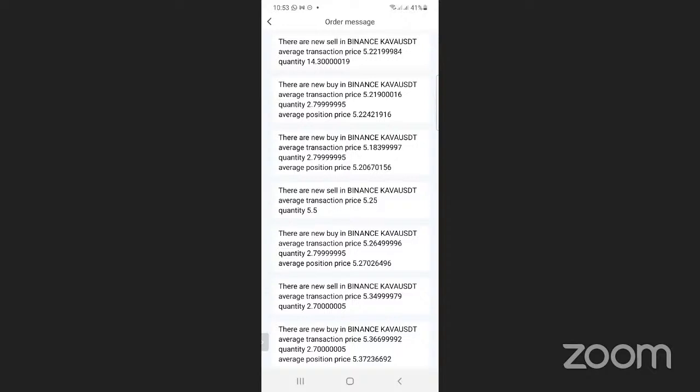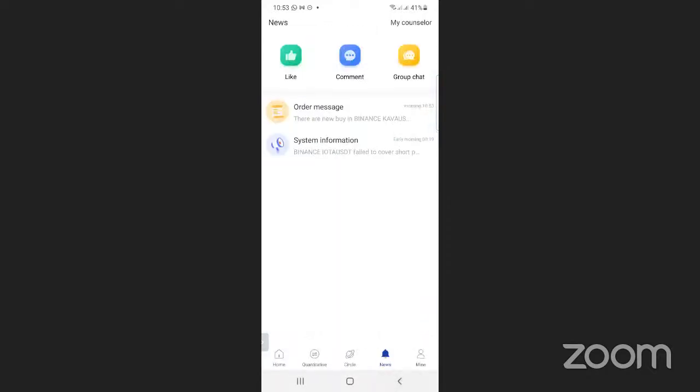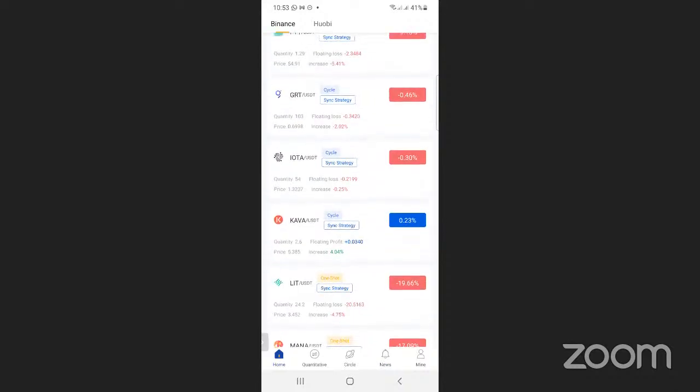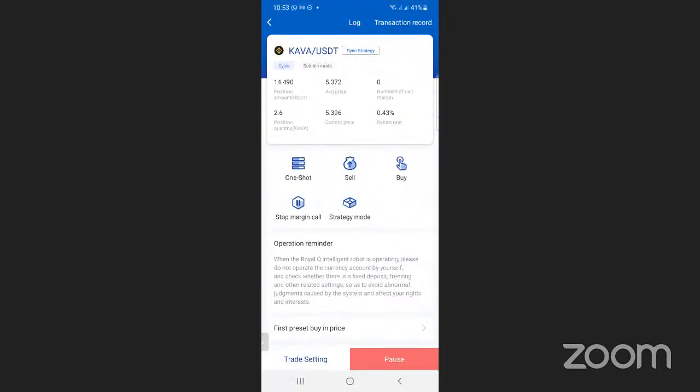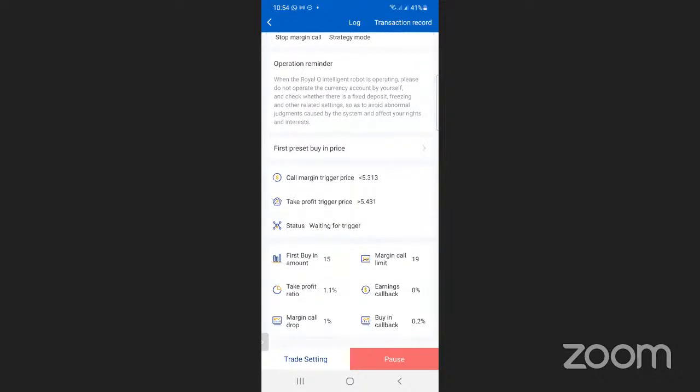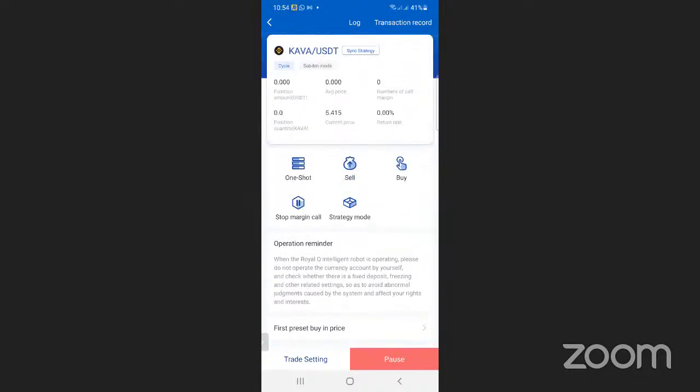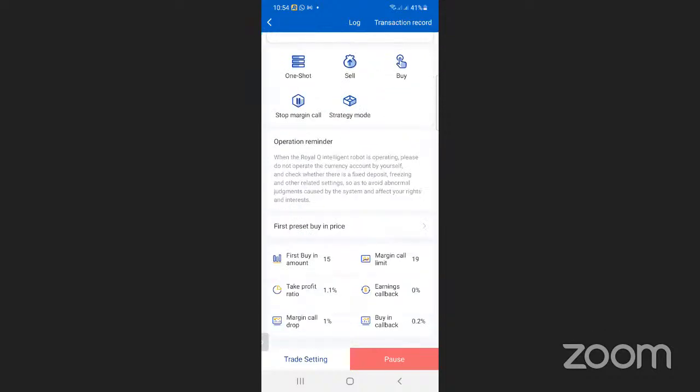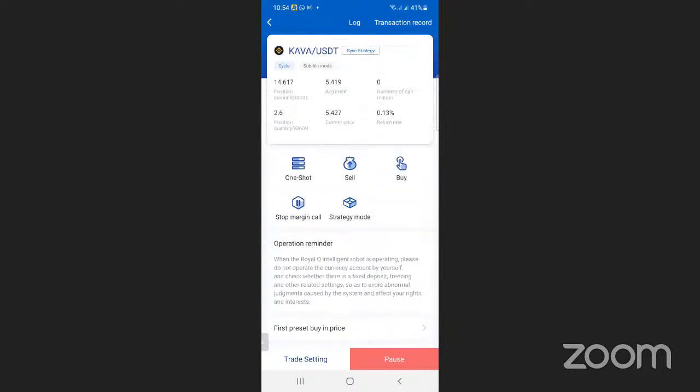Now I know so many people don't notice this. There is a sell. It means, let me repeat this coin again so that you can realize. When I tapped this coin, I told you it's about to make profit. Now it made profit. Now the new average price is 5.372 and the current price is 5.45. Now look at this. The take profit trigger will happen when this coin is at 5.431. Where is my trigger? It is now changing. It's now going to give me another trigger price because it has changed.